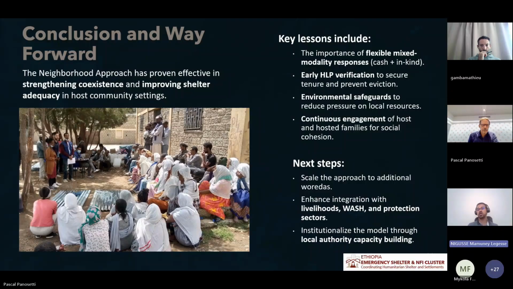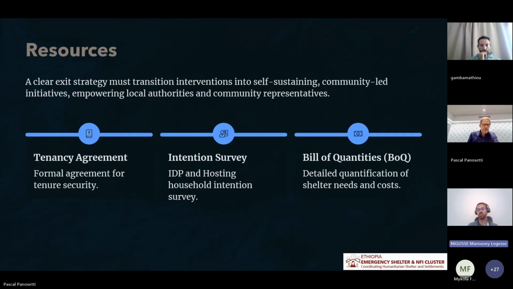They show quite big acceptance to do this hosting and bring the affected displaced population into the household. So as a conclusion and a way forward that we can take from this lesson is that there have been